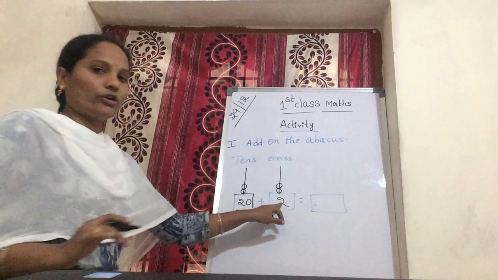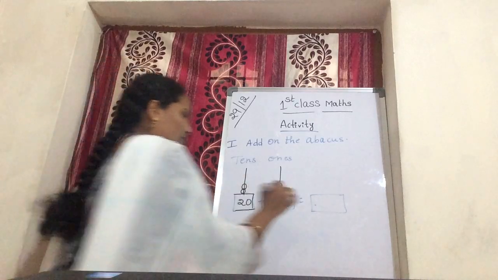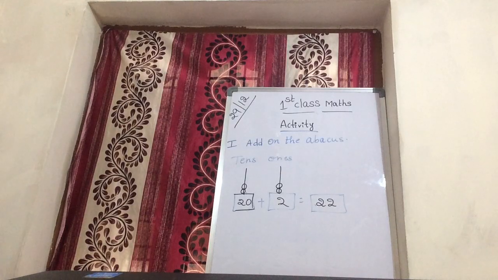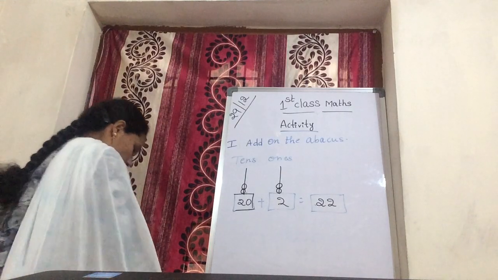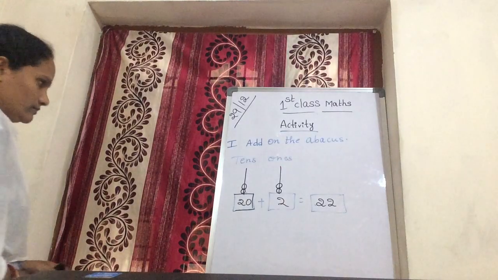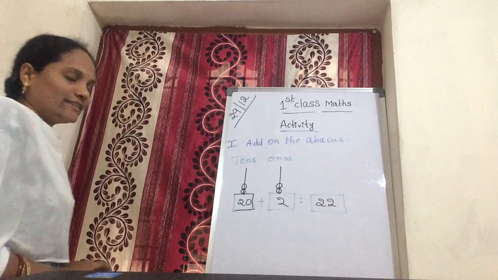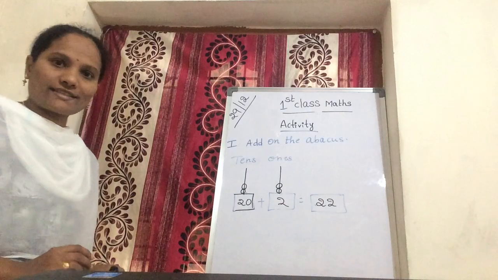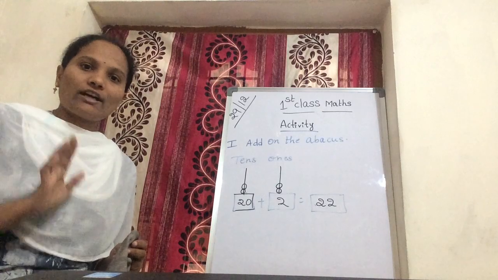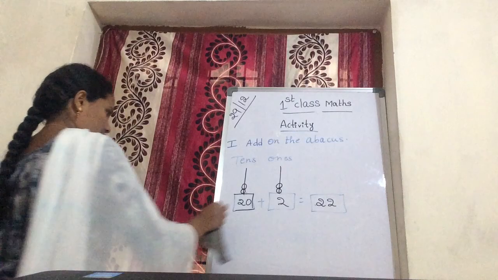Now 20 after, you are counting 2: 21 and 22. You get 20 plus 2, 22. Write in this box 22. Okay. Now last one. Keep tens in your mind: you are reading 10, 20, 30, 40, 50, 60 like that. Don't read 1, 2, 3, 4. Only in ones you are counting 1, 2, 3, 4, 5. Okay. Now next one.